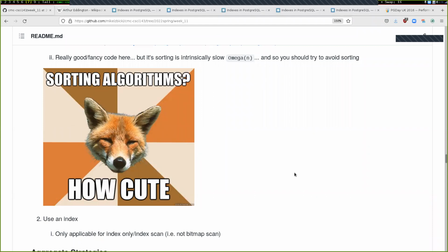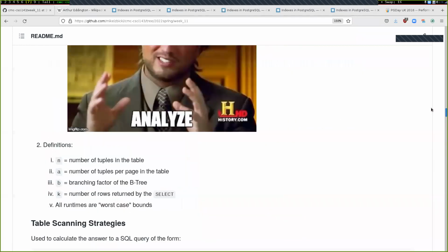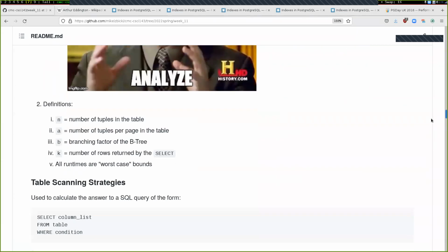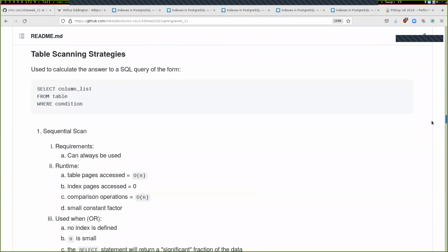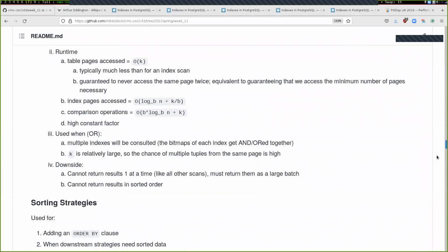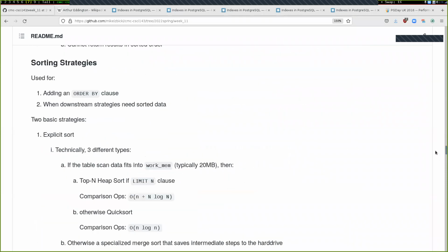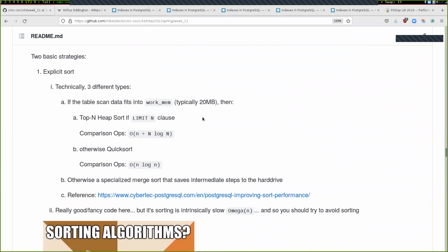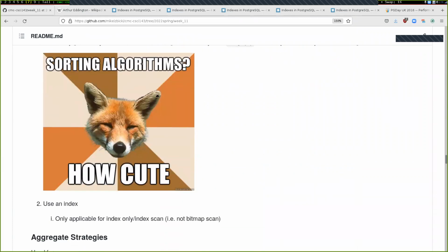And so today in class, what we're going to do is finish up our discussion of the different strategies, algorithms that can take advantage of an index. We've talked about the different table scanning strategies, and last time we talked about some sorting strategies, ending with the idea that explicit sorts are bad. We want to use an index to sort whenever we can, and